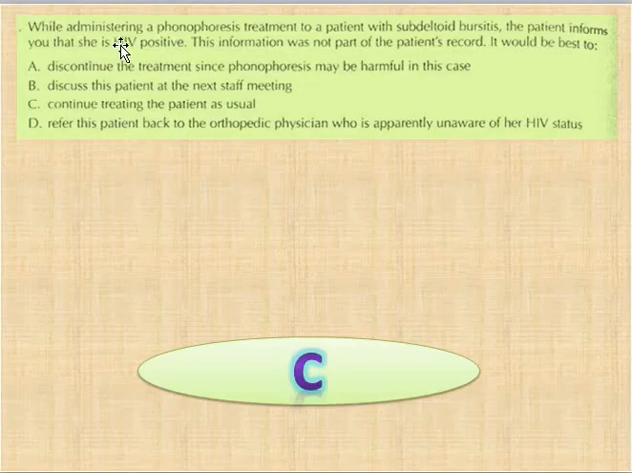While administering a phonophoresis treatment to a patient with subdeltoid bursitis, the patient informs you that she is HIV positive. This information was not part of the patient record. It would be best to option A, discontinue the treatment since phonophoresis may be harmful in this case, B, discuss the patient at the next staff meeting, C, continue treatment of the patient as usual, and D, refer the patient back to the orthopedic physician